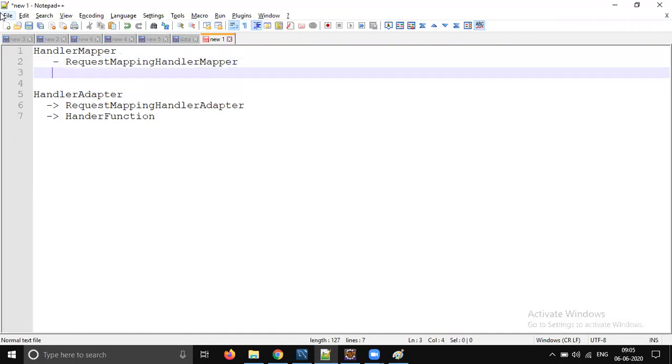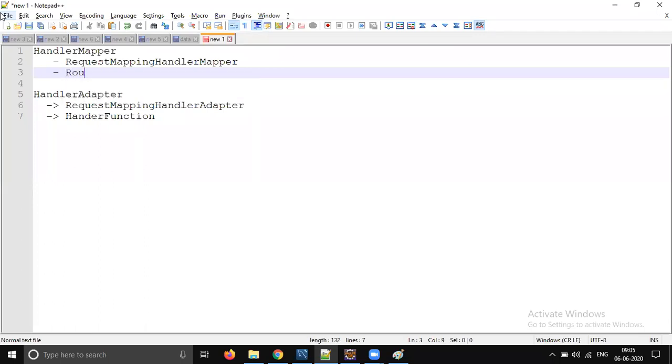Don't worry. Spring doesn't suggest you remember all these names. That is the reason why we are using IDEs, right? So Spring suggests to use an IDE. An IDE is highly recommended. Even if you are going for certification, they will tell you the same thing. Don't remember class names, method names. That is the job of the IDE. You just need to know what needs to be called and what exactly is going on, right?